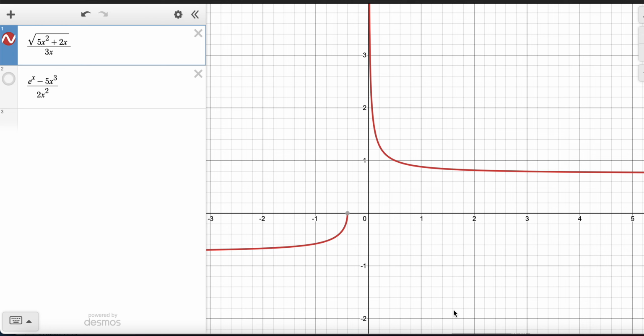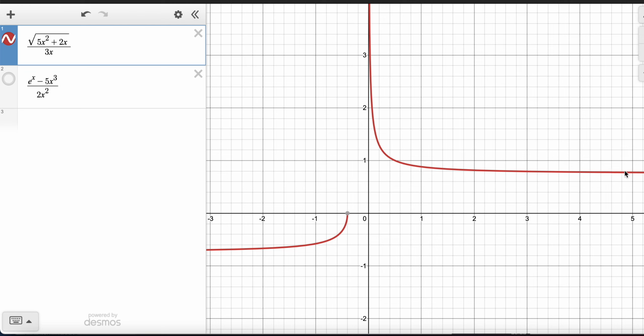Looking at the graph of B, we have (5x² + 2x) over the square root of 3x². And if we take a look at the limit as it goes to infinity, we can see that it is definitely going towards a value of about 0.8, which is going to be √5 over 3. Okay, so that horizontal asymptote looks like it is going to that point, and it's to do with the ratio